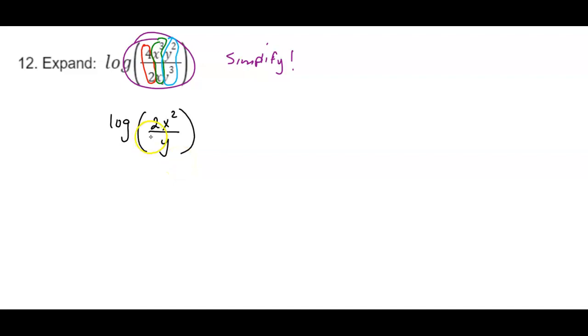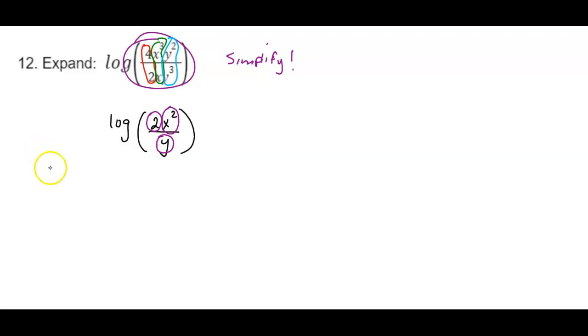Remember, if it is a quotient, anything on the bottom, in the denominator, is going to be a negative term when I expand. Anything on the top is going to be a positive term. Now be careful here. There are actually 3 terms in this expansion. The 2 is separate from the x squared, and you also have the y. So since there's only one term or one factor in the denominator, we should only have one term that is